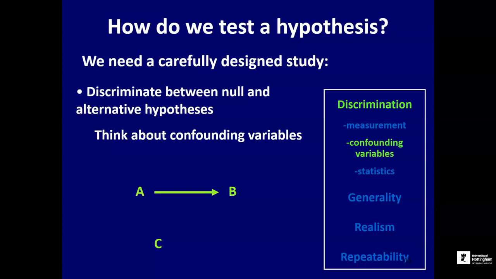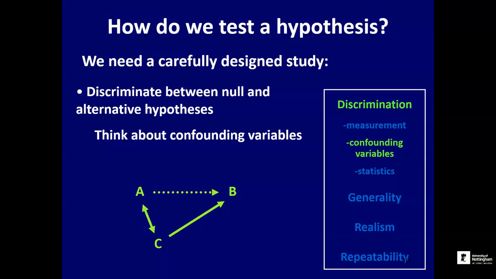The problem is that very often, depending on how we've set up our experiment or observations, there are alternative possibilities. So if we find an association between A and B, when A goes up, B goes up, that might be because A has a relationship with another variable. Let's call it C. A and C might be causally related, and C might have a link to B. And even though there's no direct link between A and B, we could get a relationship between A and B caused entirely by this